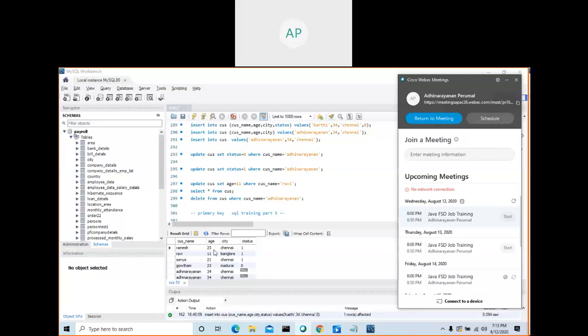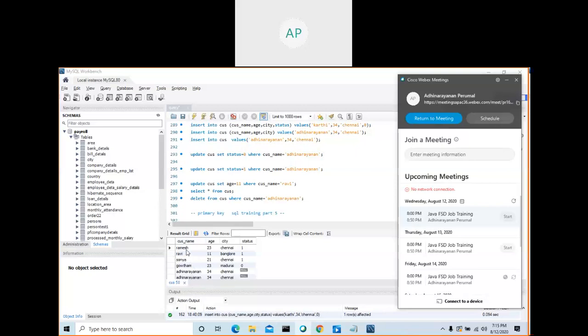Always when you design a table, you should have a column which contains unique values. Each row should contain unique values. Here all the values in this column are unique, whereas this column is not unique. It does not contain unique values for all rows.